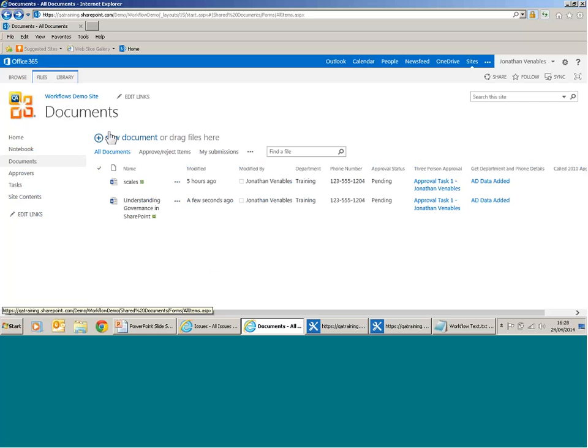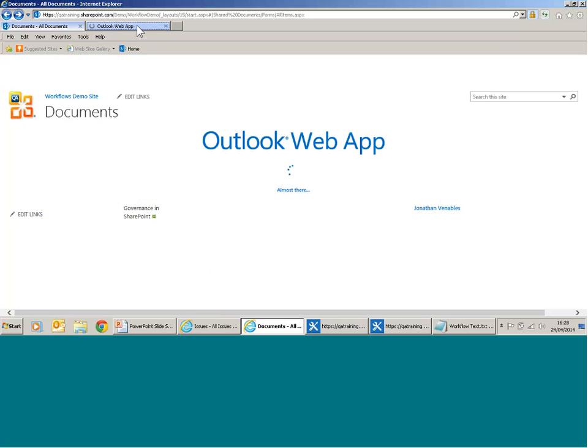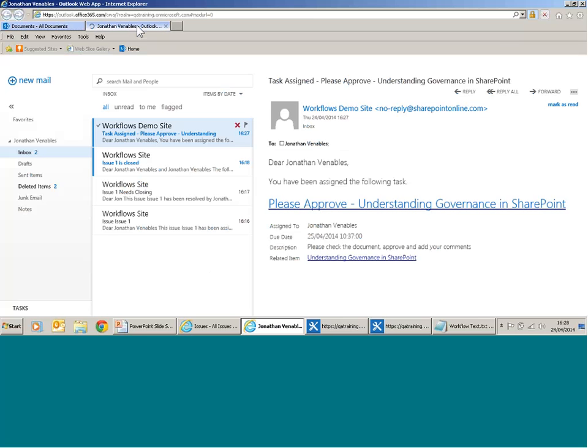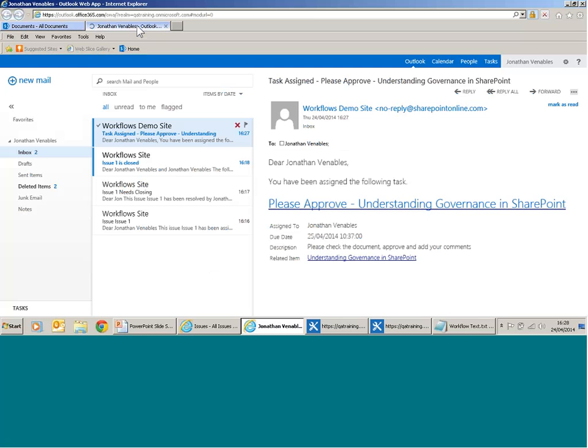So what should happen is as follows. If I go up to my Outlook, I've now got an action that tells me that I've got something assigned to me. So what I'm going to do is open up this task. Here it is. I'm going to edit my item